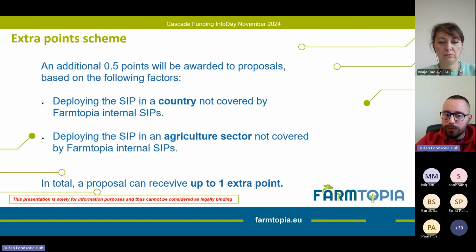Again, you can read more about our pilots at our website, and you also have a summary of their activities in our open call documentation, specifically Annex 1, the open call text. In total, a proposal can receive up to 1 extra point if they deploy their solution in a country and in a sector that is not already covered by the Fundtopia internal SIPs.